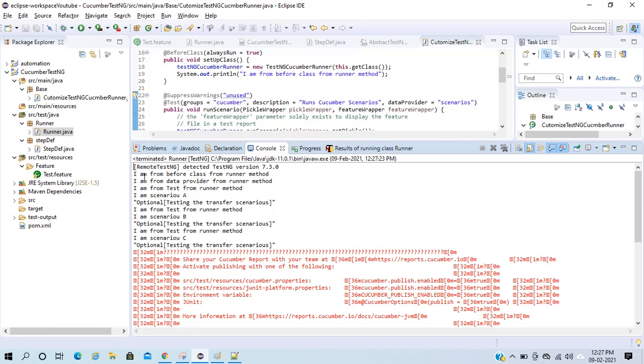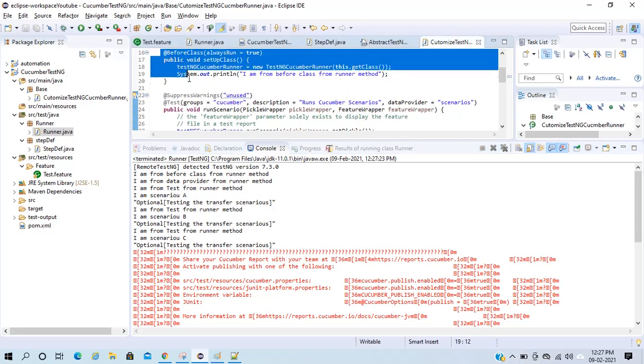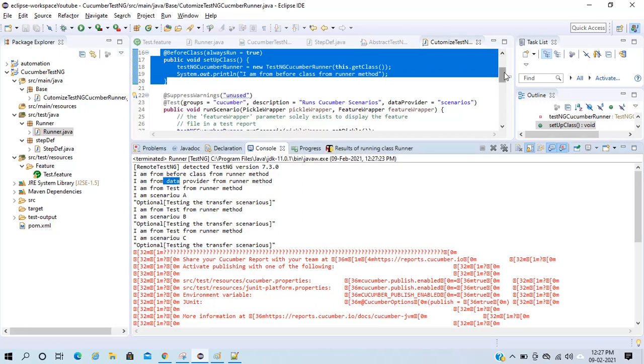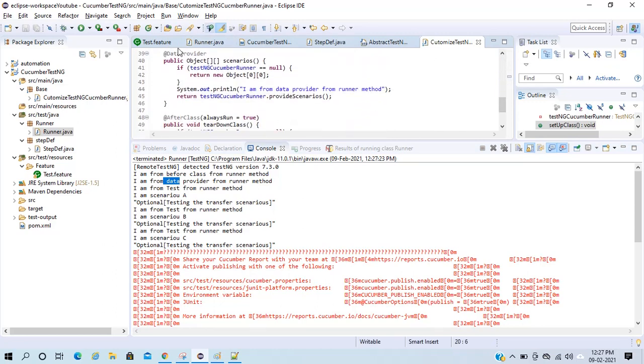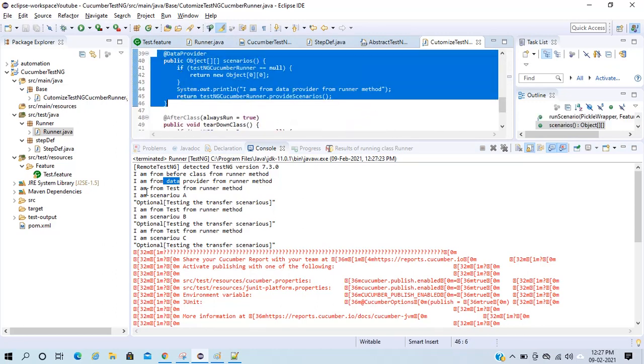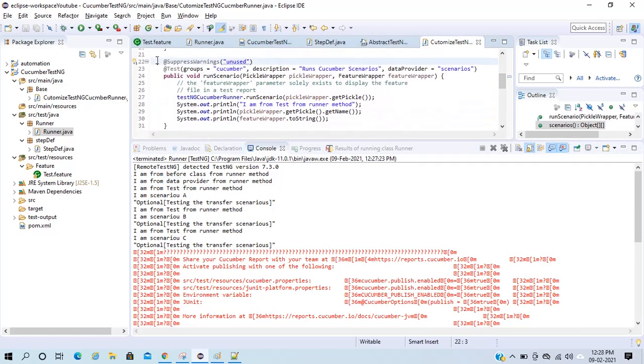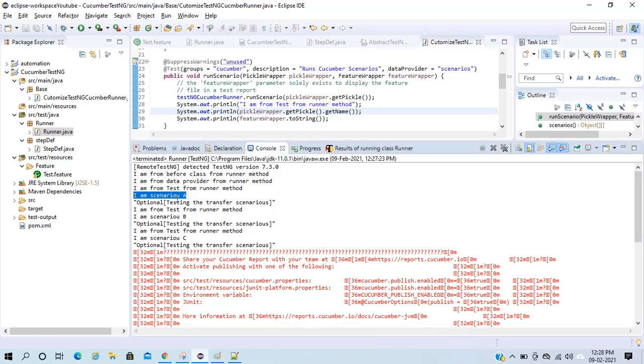You can see I am from before class. This got executed first, then the call goes to I am from data provider. So my data provider got executed second, then I am from test, so the call goes to my test. I am from test from another method, and then I am scenario A. The scenario spelling is wrong, sorry for that. Then the scenario name, and then the feature name.